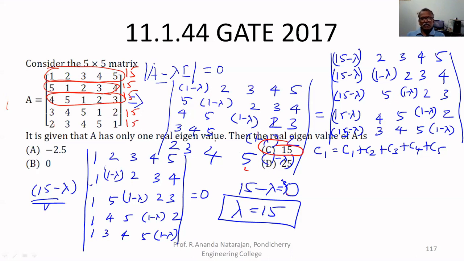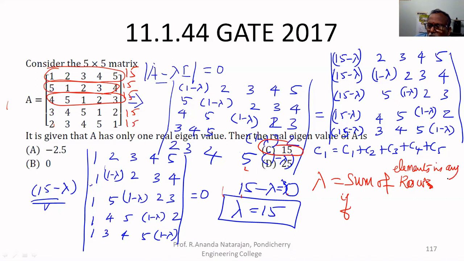You can directly write the sum of those numbers. The shortcut is lambda equal to the sum of the elements in a row,